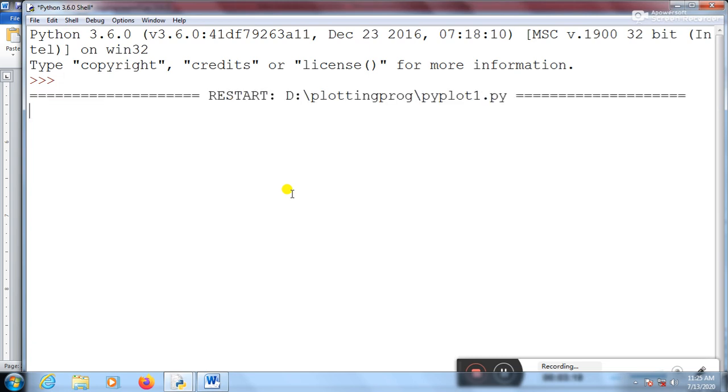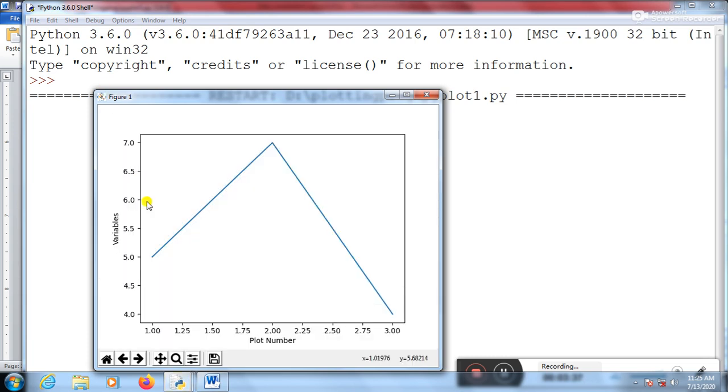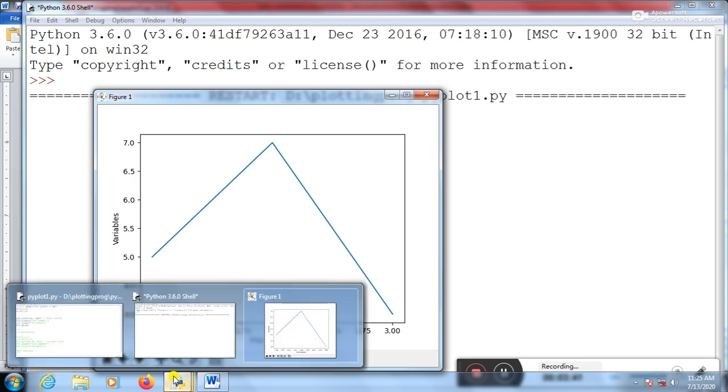As you know, it will display the graph in a pop-up. That means it is not displaying the graph in the shell, it is displaying it in a different window, Figure 1. So this is the plot number x-axis, as I gave in the x label.